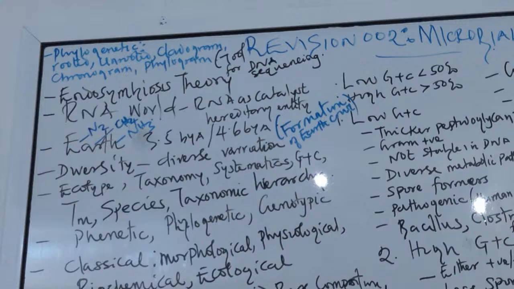And the next one is taxonomy, the science of grouping microorganisms or any organisms into their various taxa. Systematics is the practice of science that recognizes, identifies, and assigns names to microorganisms. Then we also mentioned the G plus C content, which talks about the composition of guanine and cytosine as we have it in some microorganisms, and the percentage goes a long way in classifying them based on their G plus C content. And we have some